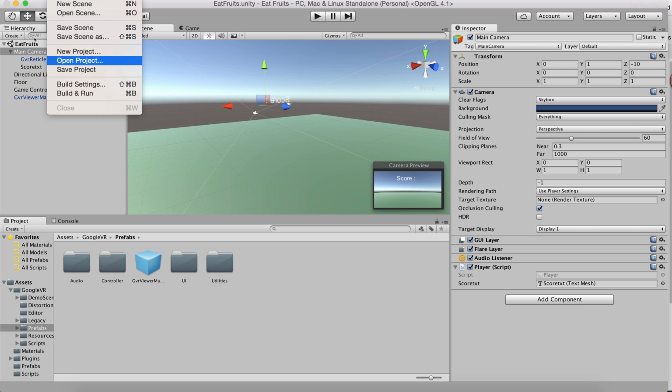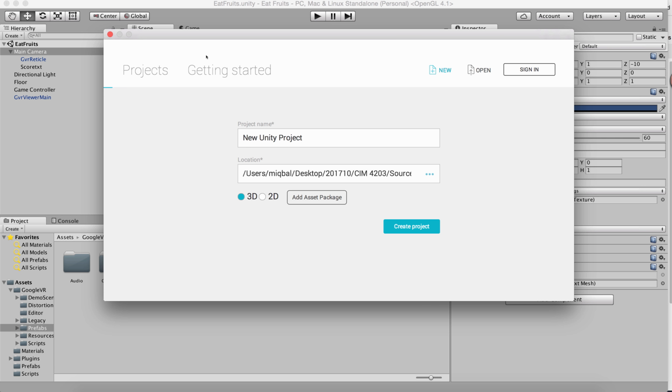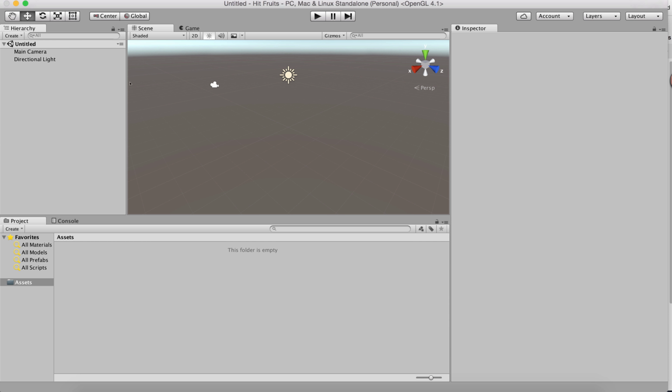So I'm going to select a new project. I'm going to call it hit fruits, and create the project, which takes a few seconds. Okay, first of all we will start with creating 3 new